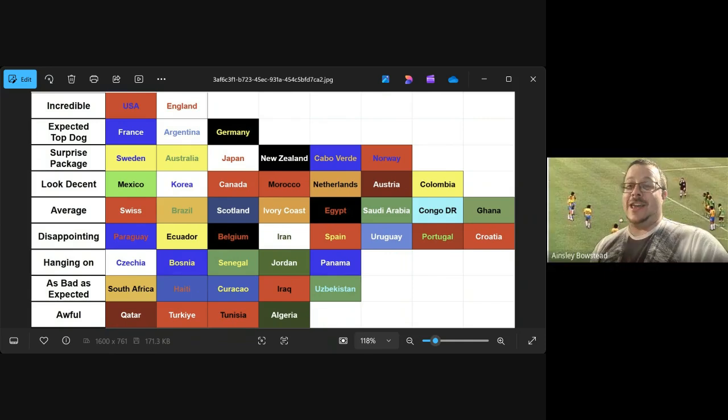Yes, the USA are the team that has impressed me the most this tournament, I must say, because I gave them so much guff during this build-up. You've got a coach that doesn't want to be there. You've got a team that's had poor performances in friendlies. Their CONCACAF Gold Cup run was disappointing, and they've looked like a team possessed. They've come out with this verve and energy, like they're feeding off the home crowd. It's been magical. It's been magical to watch the USA play.